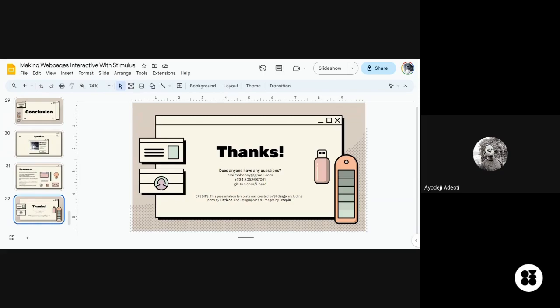While the questions are coming in, I'd like to ask: what is a great pet project I could work on in the meantime that could really help me pick up Stimulus, or a very good project that will really show the power of Stimulus? Will it be a blog? Will it be an application that contains lots of animations, or a personal website? What kind of application do you think would be great for using Stimulus?